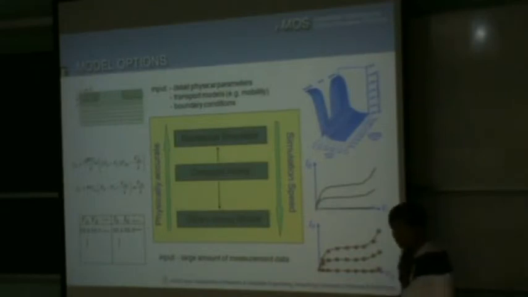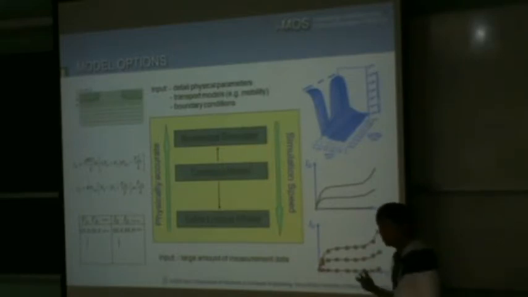Now, given this, what are the model options? A model is nothing more than just a black box. If I give you the voltage, the model needs to produce the currents and the derivatives. So there are many options in the process. The first, or the simplest, or feasibly correct one, is numerical simulation. Basically you get a set of differential equations, either the Poisson equation, drift-diffusion, or even go to more first principle, the non-equilibrium Green's function, Schrodinger equation, etc. These are models that cannot be solved analytically, and then you want to have a numerical solution.